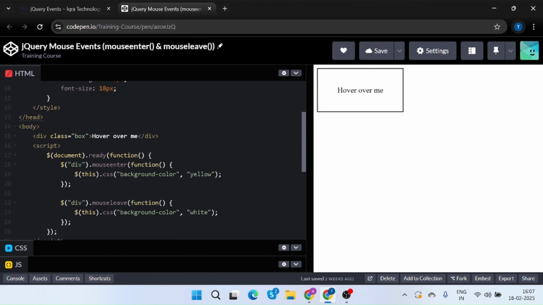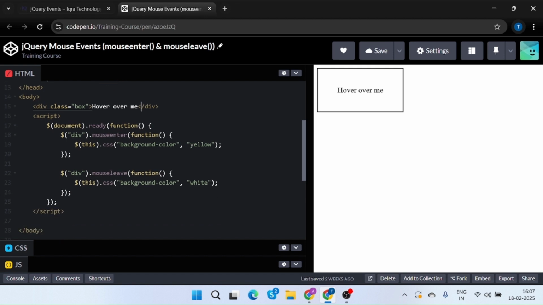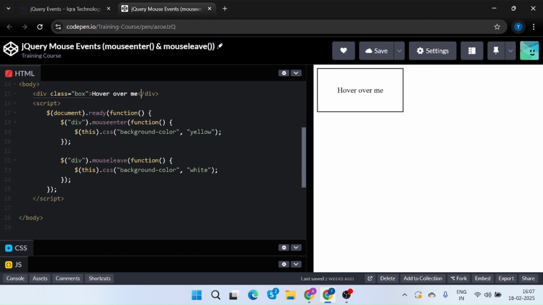Here we have a div with class box that says "Hover over me." Now you can see the document ready function, where we create a mouse enter and a mouse leave handler. Now if